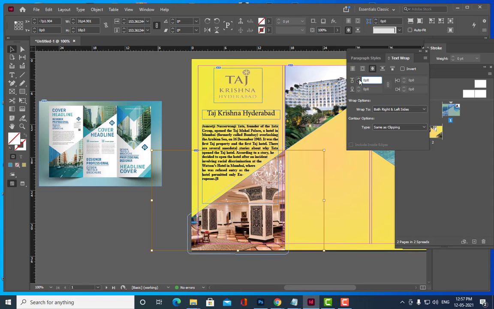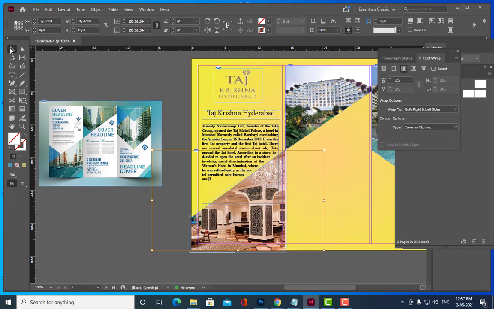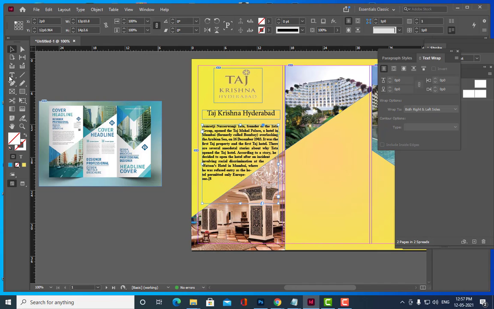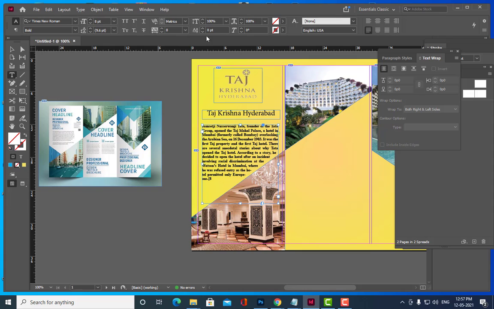Now the text is getting adjusted to the corners of the image, like this, and you can still increase the text size also. So like this, see,